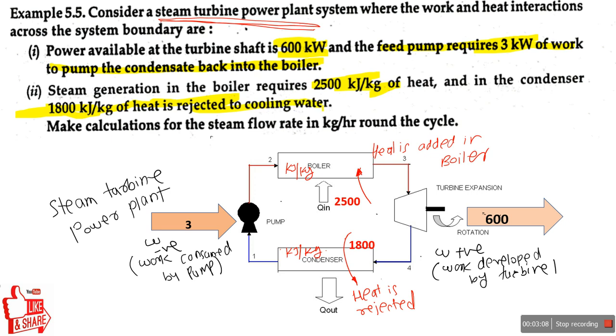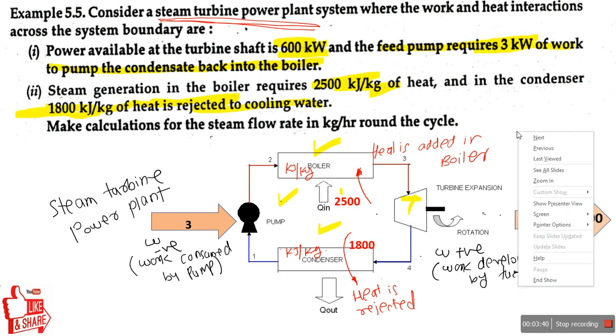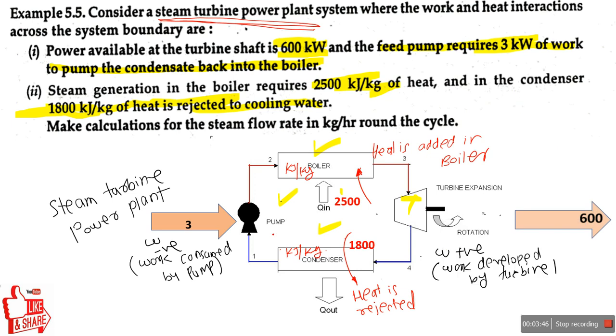If you see the steam power plant here, the basic fundamental components are a boiler, turbine, condenser, and the pump. This cycle is a continuously cyclic process. The work done by the turbine is 600 kilowatt. The arrow I am showing in the animation moves forward. What does it indicate? The work done by the system. So it is positive work.